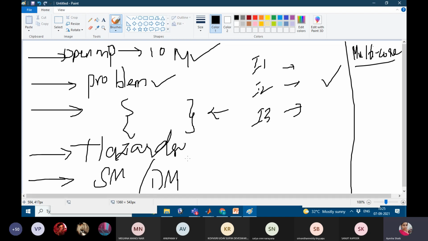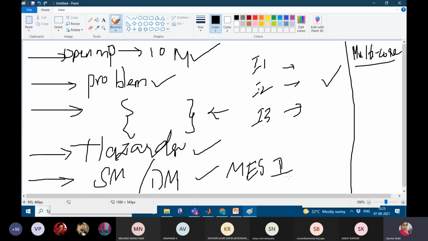Justification is required. Hazards also we have discussed in detail, and shared memory and distributed memory we discussed in the morning. What is the necessity of cache coherence here, and what protocol can be used for cache coherence? The MESI protocol, that also we have discussed, right?